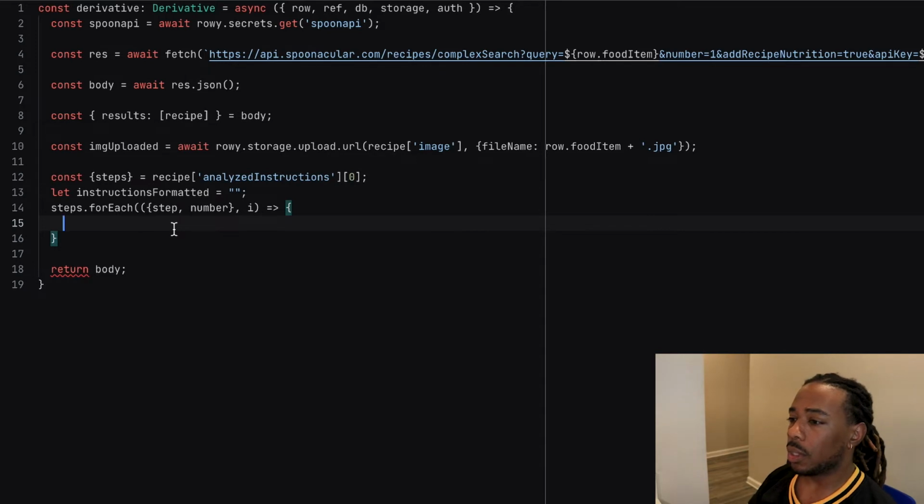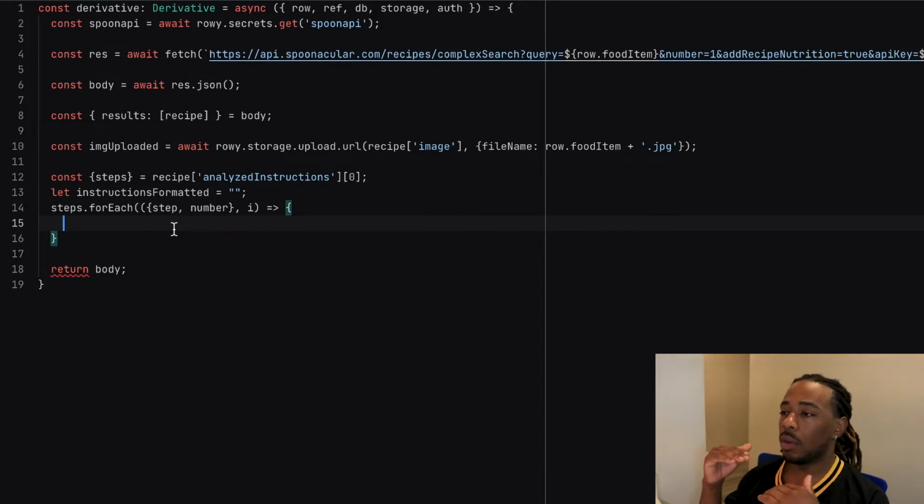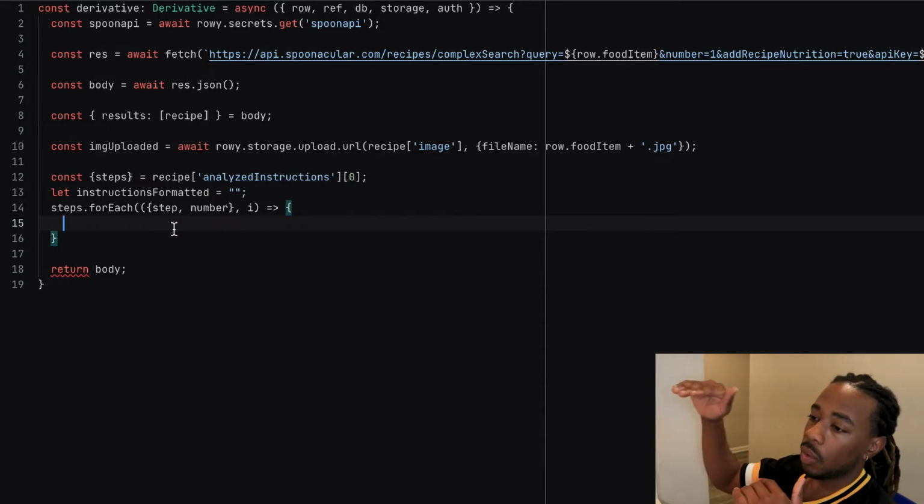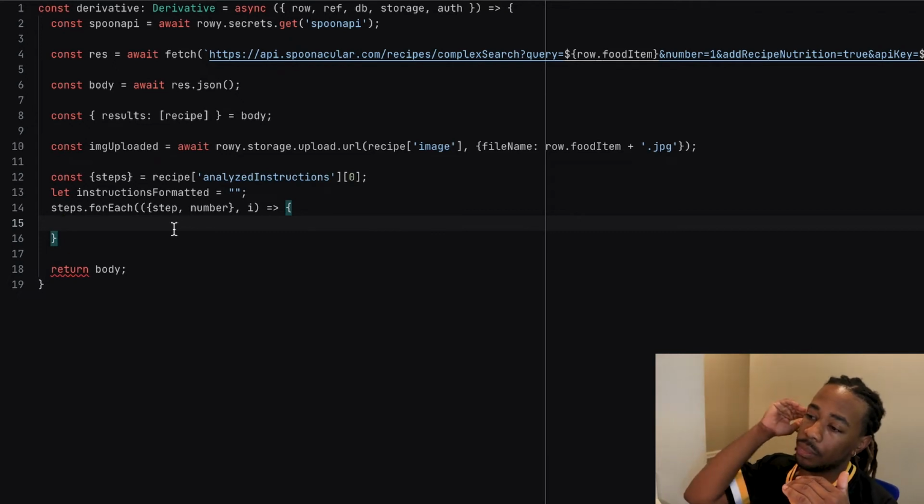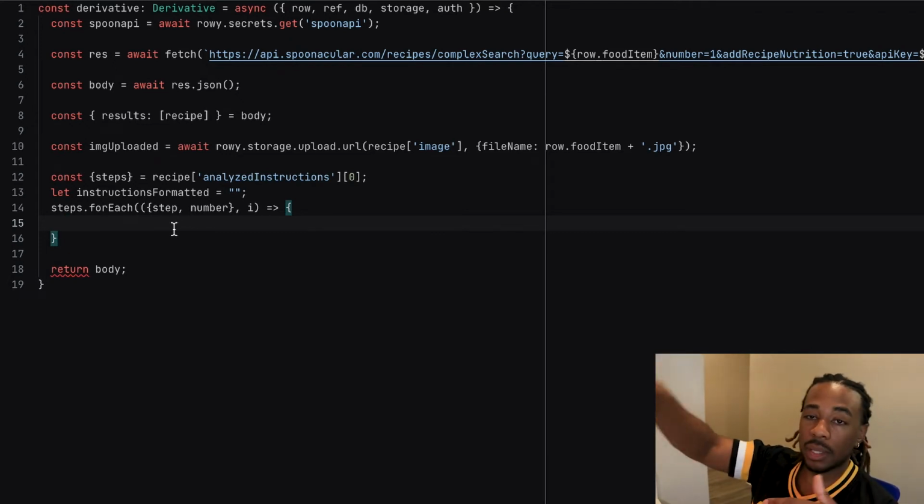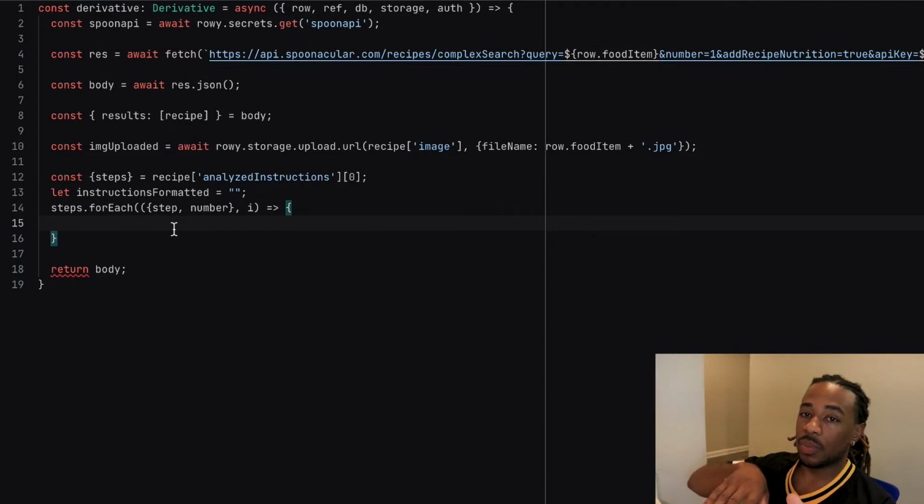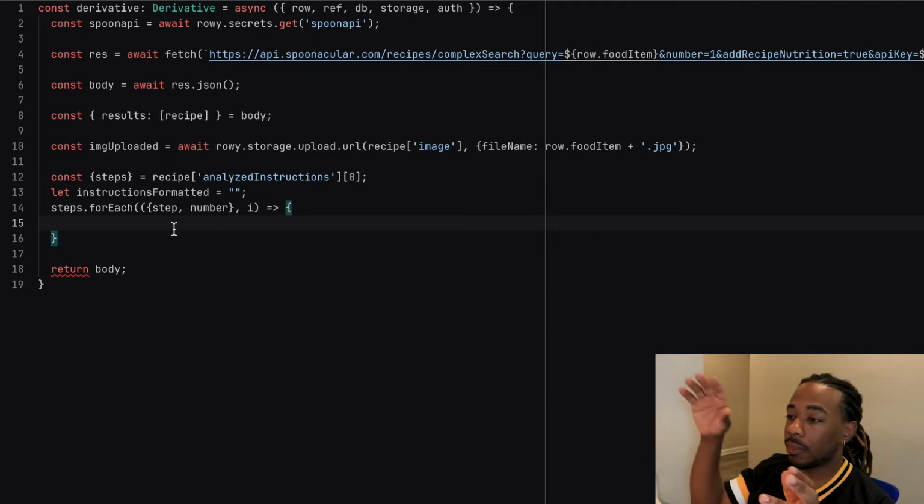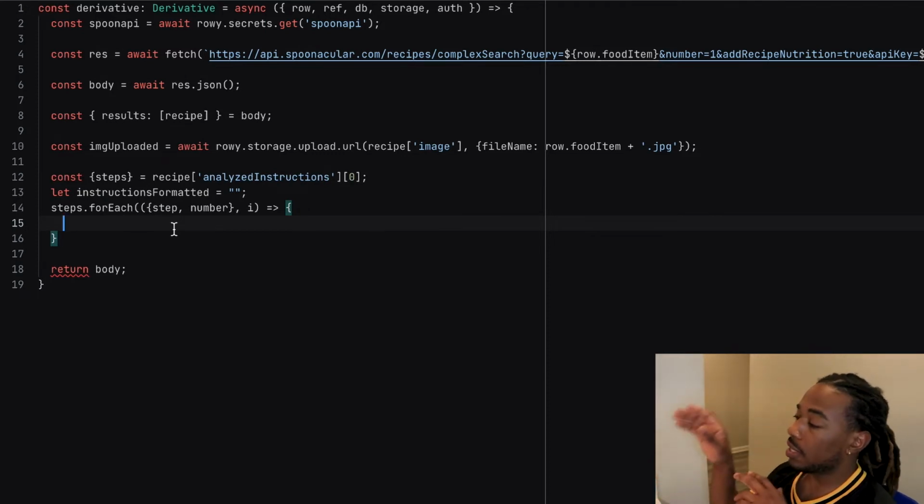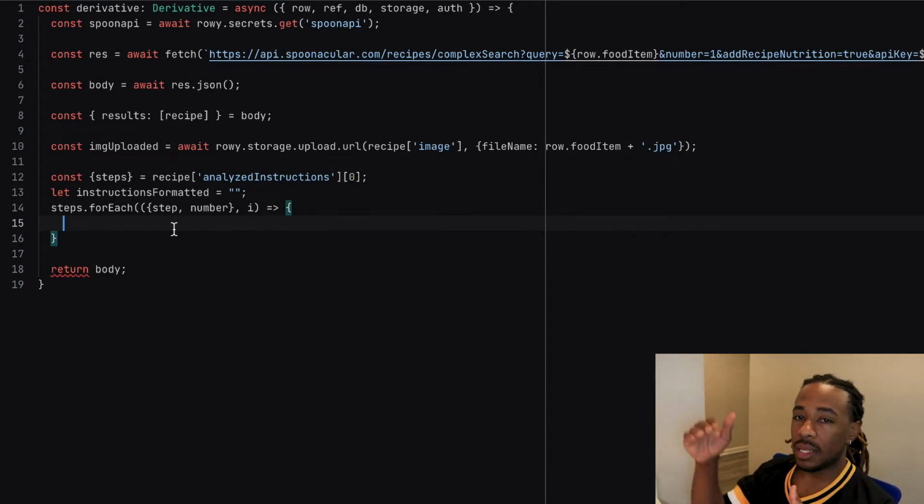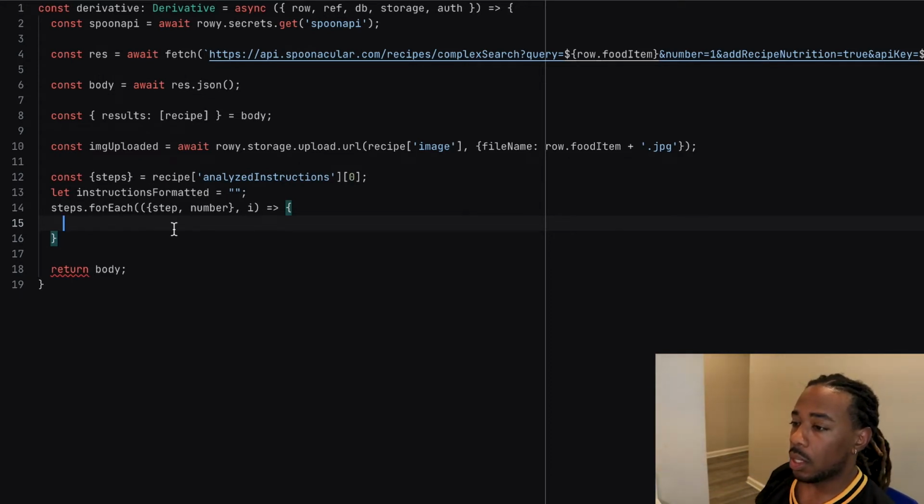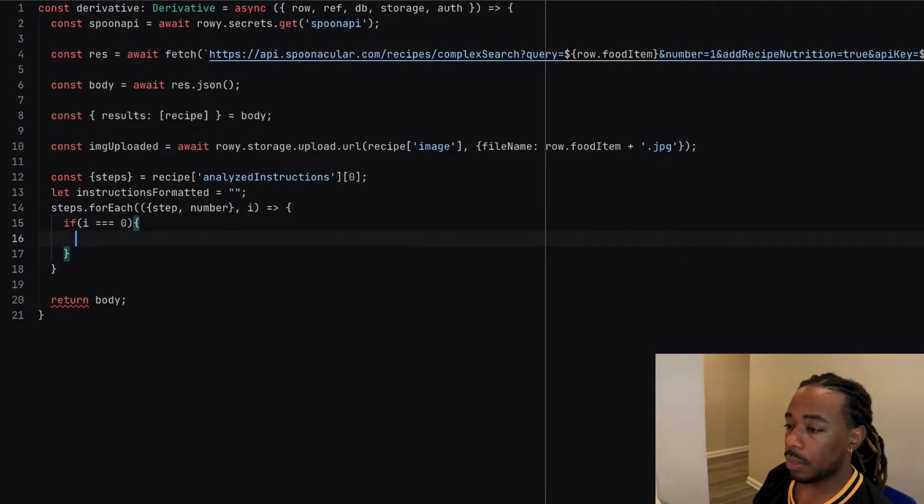All right, so if we're on the first step, then we want to just display the number and the step without any extra spaces. But if we're on any step outside the first one, then we want to add some extra spacing in between. So we'll say if i equals 0, which means we're on the first step, then instructionsFormatted plus equals the step